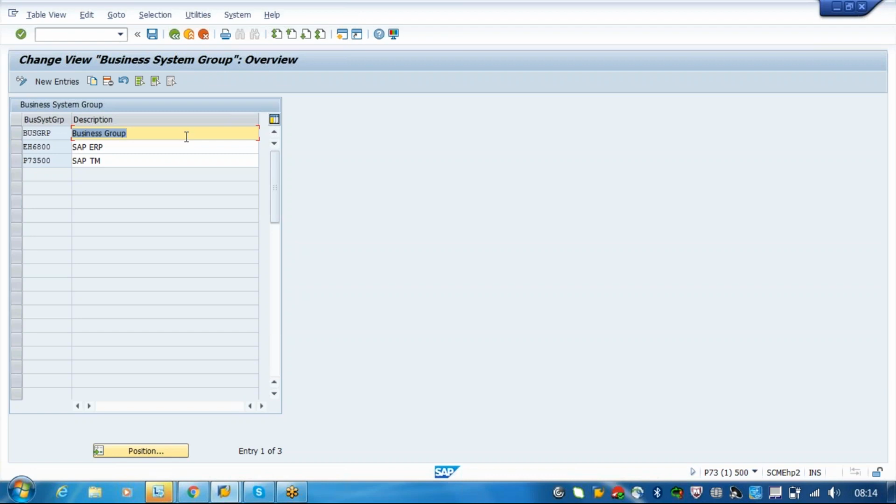So it will be a problem. It should be in sync in all the systems. To make sure that there is no data redundancy, that means data duplication, we create a business group. This business group will make sure that there are no duplicate entries. Whatever 1000 you created will be in sync, common for all the feeder systems or all the TM systems. Does this business group have any properties?